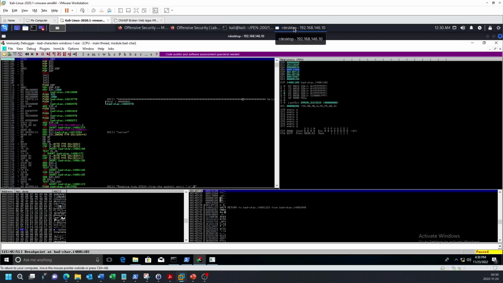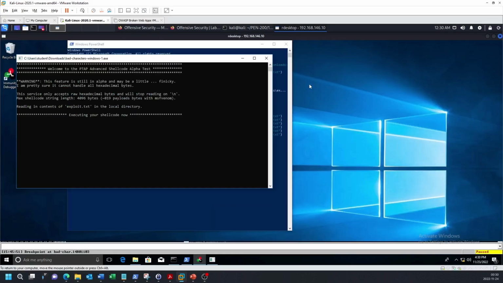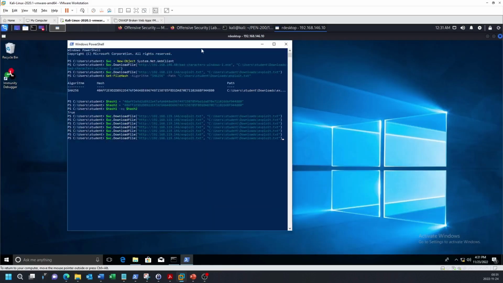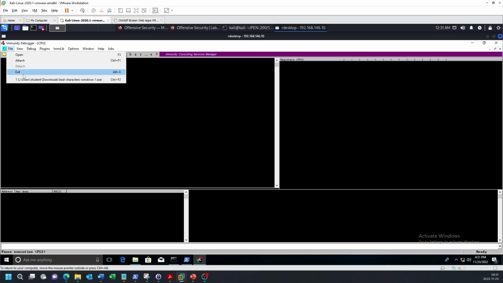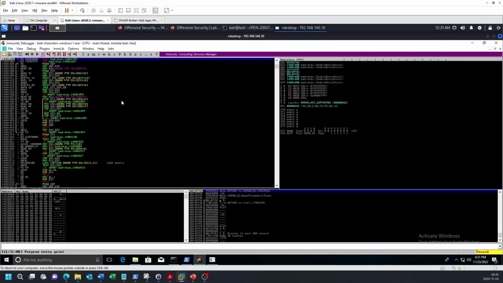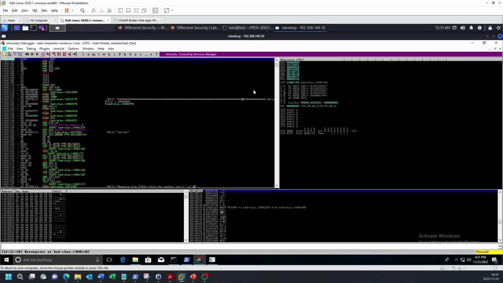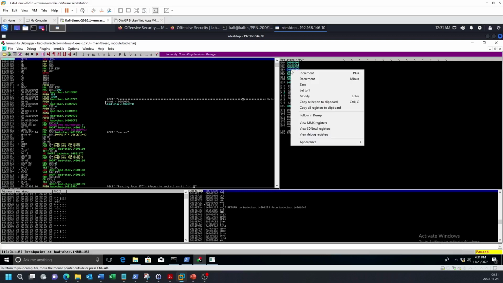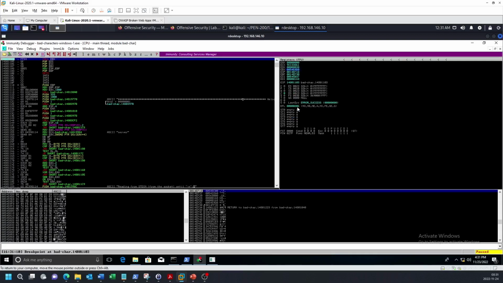Now I need to do the same thing as before. Close Immunity, download a new copy of the file on Windows, rerun Immunity, open the exe file, press F9 to hit the breakpoint, and check the contents of the memory dump for the EBX register. At this point, you could just run the shellcode and see what happens for the YOLO approach. However, if you want to be cautious, then it's best to do another check for bad characters.